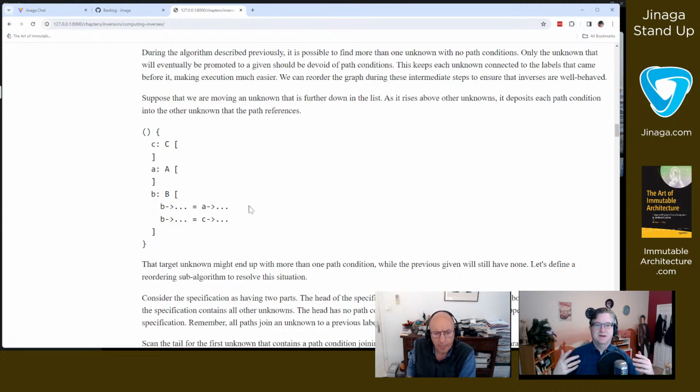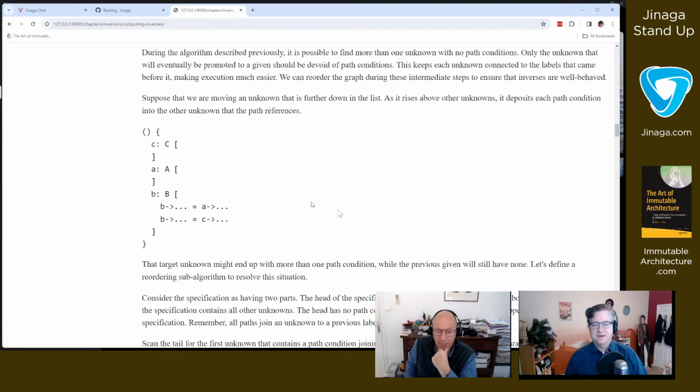It's over-constrained. There are more paths than there need to be. And so you can swap those two, it deposits into this one. Now this one has two, this one has one. Meanwhile, the thing that you really needed to move is further down the graph. There's something else down here that also has two, and it needs to deposit one of its paths further up. But you'll never get there, you'll just keep on swapping these two back and forth.